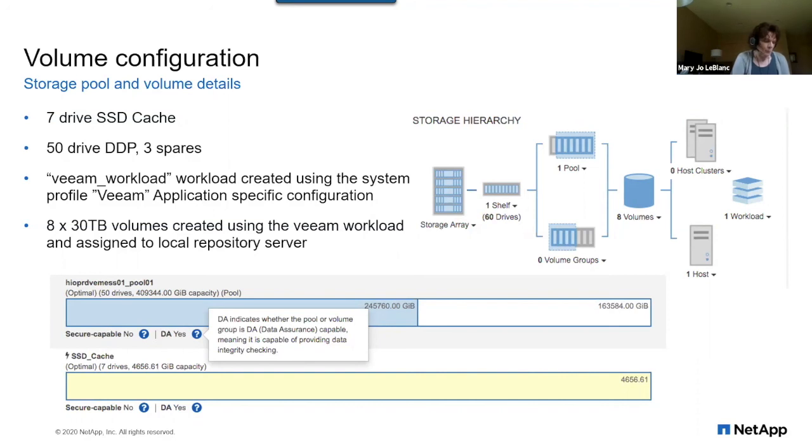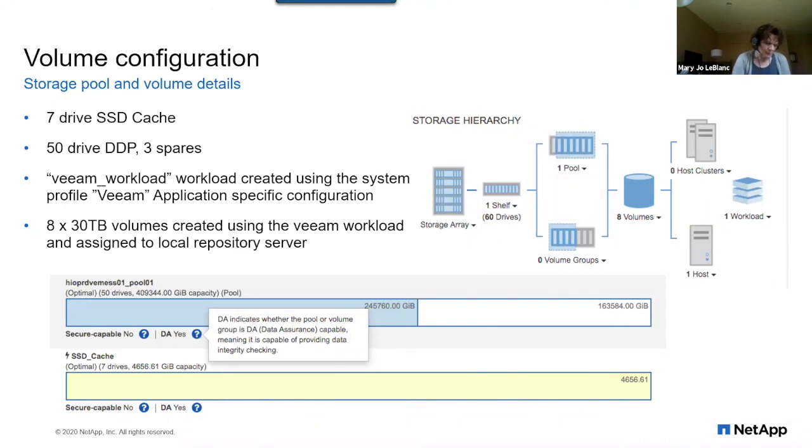So here, if you look at the picture down here, we have created a storage pool with 50 drives. And also, we created the cache with 7 SSD drives. Basically, the cache is for hot data that is accessed frequently. So any data that is accessed frequently is placed on the cache, so that when a host requests that data again, the data is not read from the hard drive. The data is read from the